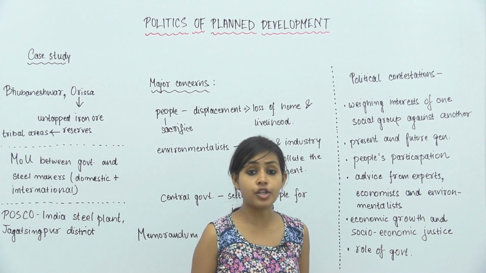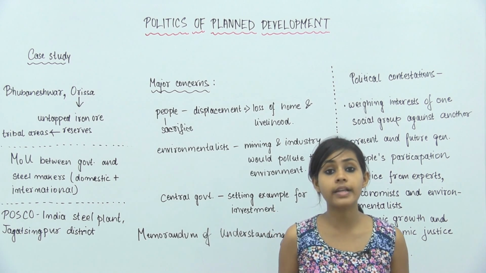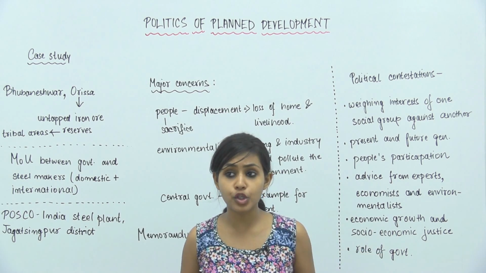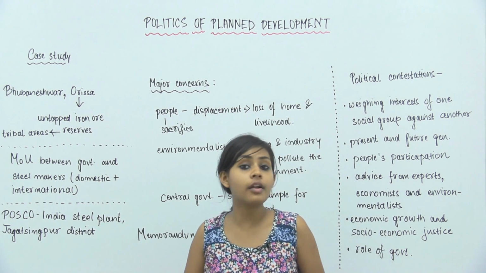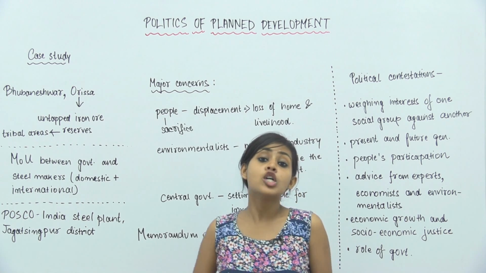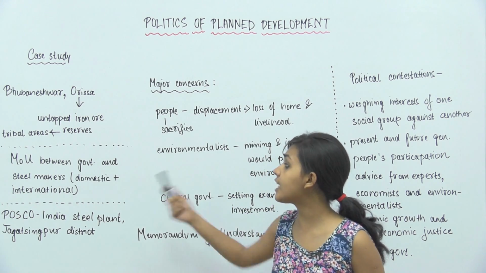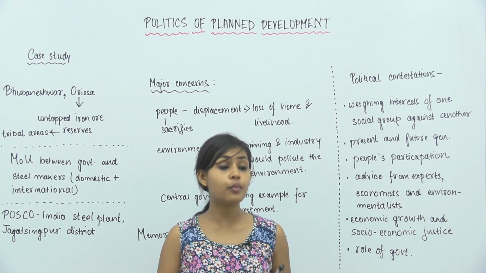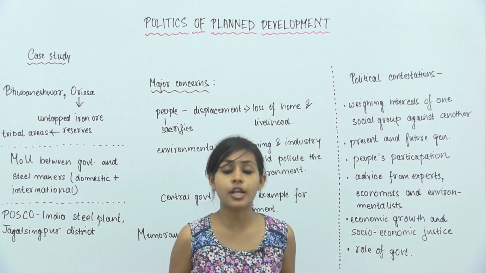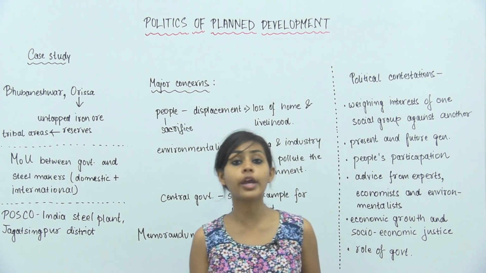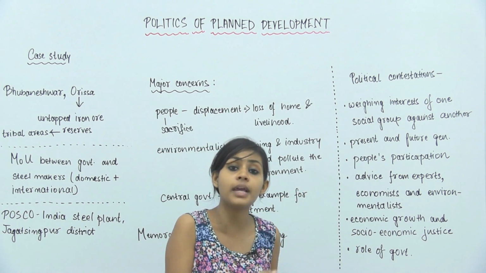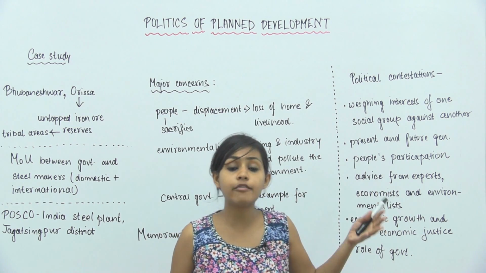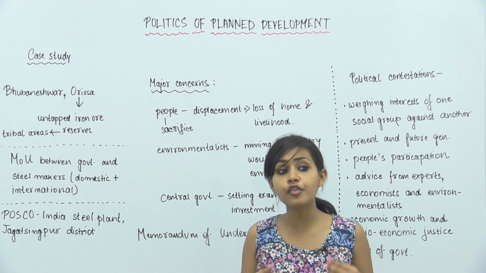Then the present and future generation. The conflict between present and future generation arises because whatever resources and minerals we have in today's date, those things are exhaustible and those things are not going to remain forever. So if we keep on continuously exhausting these reserves and these resources, तो future generations के लिए बचेंगे नहीं. We will use up everything in today's generation, और जो हमारे फ्यूचर जनरेशन्स होंगे उन्हें बाहर की कंट्रीज में ऐसे इन्वेस्टमेंट करना पड़ेगा so that they are able to use their raw materials, their resources, because in our country there will be none of it left.